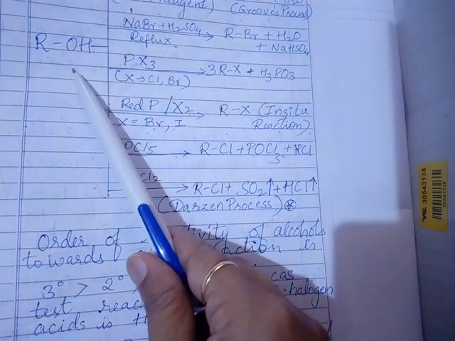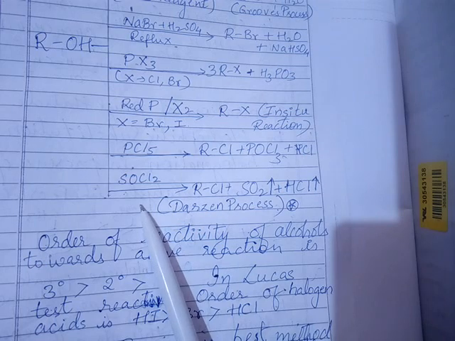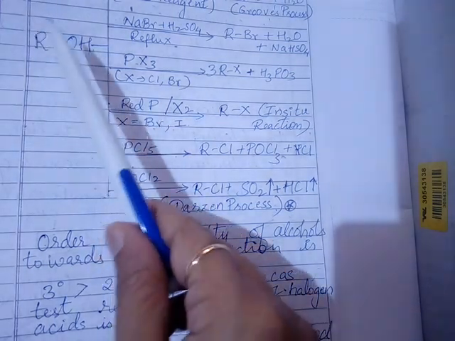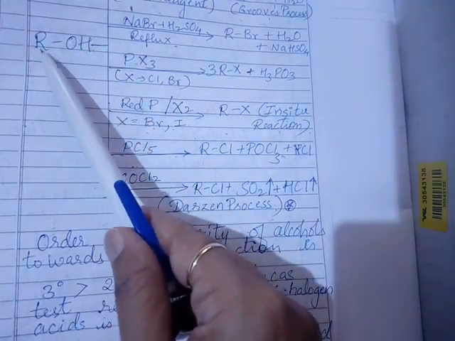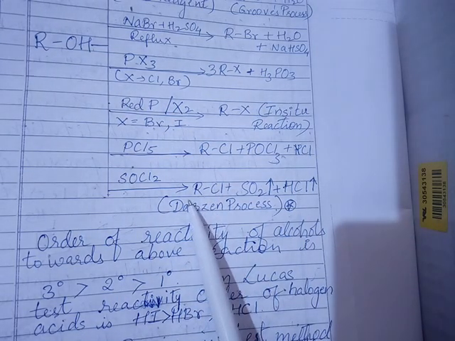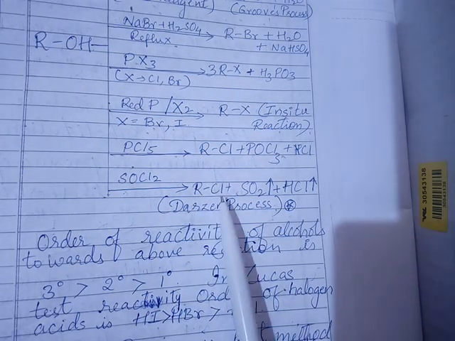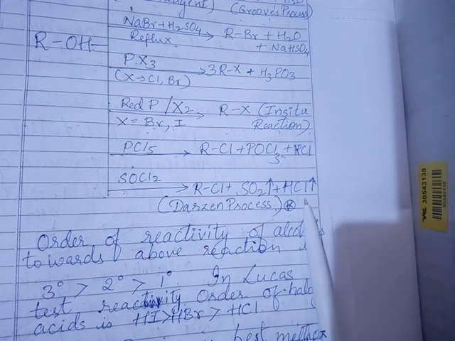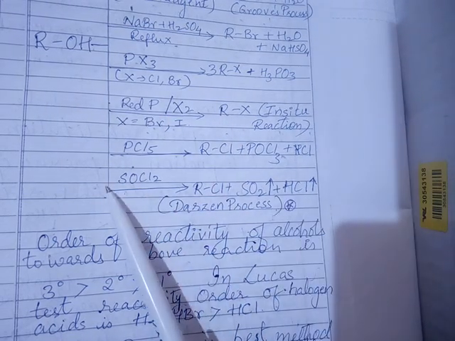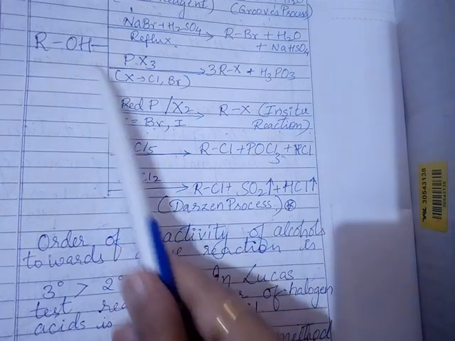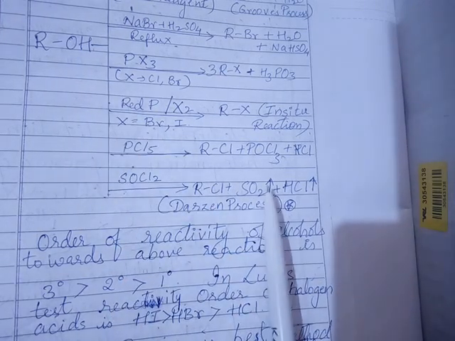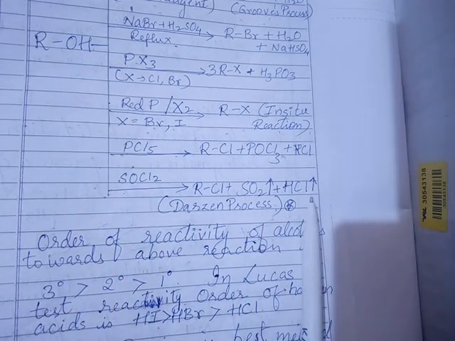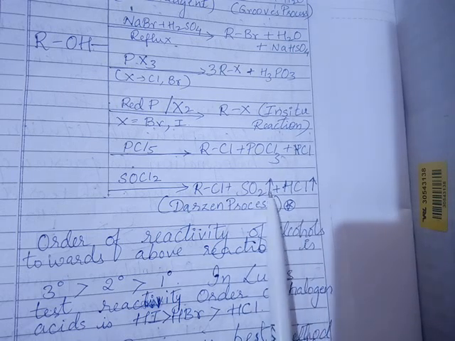So when you are treating alcohol with thionyl chloride, here what is going to happen, this Cl is going to replace this OH, so it leads to the formation of RCl. Along with this one, the H combines with Cl, so HCl gas is liberated. This SO combines with this O, SO2 is liberated. So SO2 and HCl both are in the gaseous state.